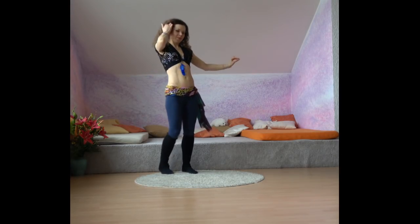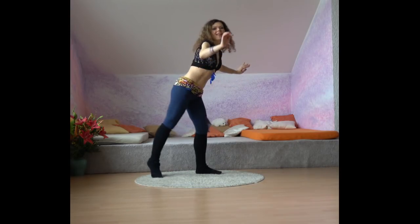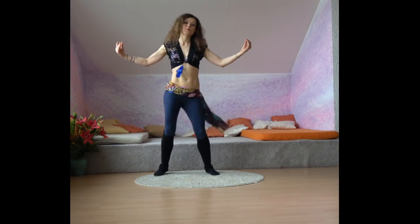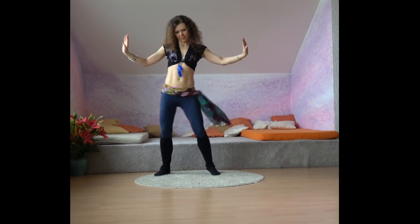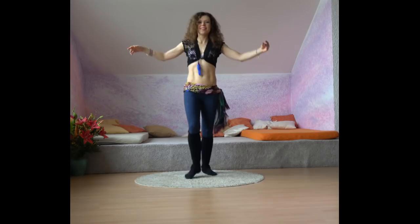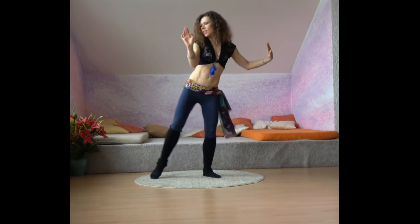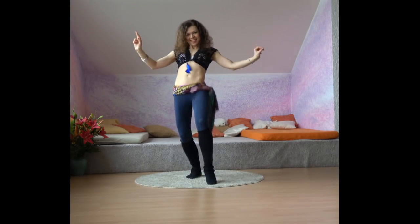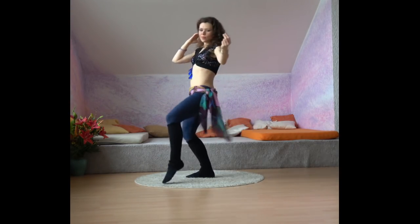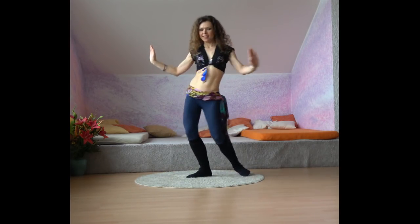So we're gonna turn to the right and step it, single, single and double. Single, single, double, just to the side hip, single, single, double, single, single, double, and the steps: front, side, back, center, other leg, and again stepping: front, side, back, center, other leg, and turn to the left, single, single, double, and again single, single, double, hitting with the hip to the